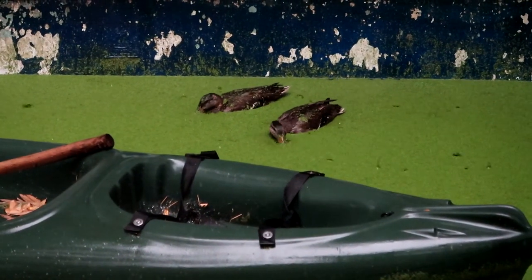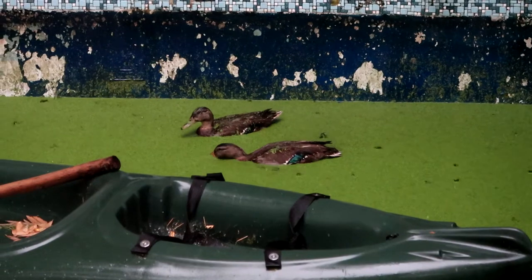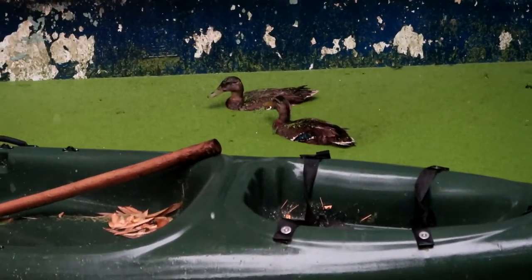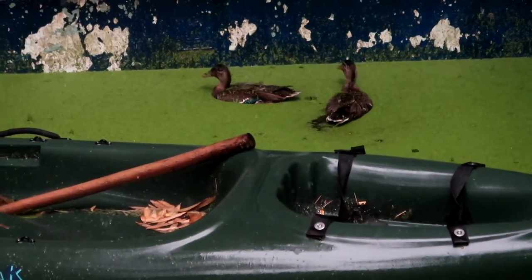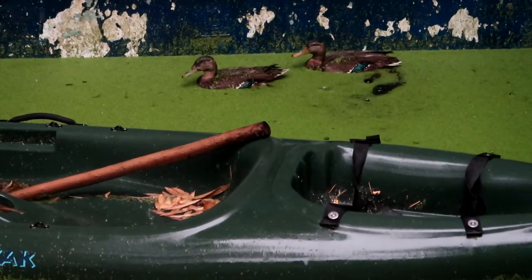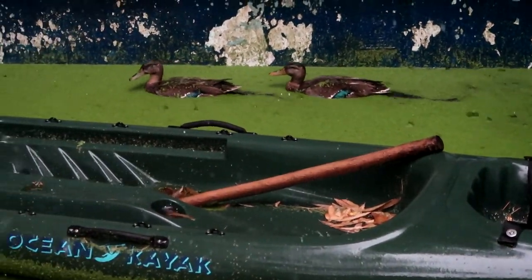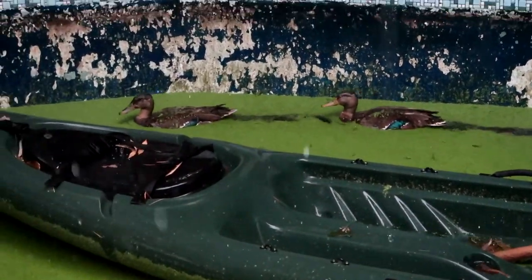These guys don't seem to mind the rain. Interesting. Thank you very much for keeping me company. I will go inside where it's a little more dry, regroup, get some indoor work done, and then